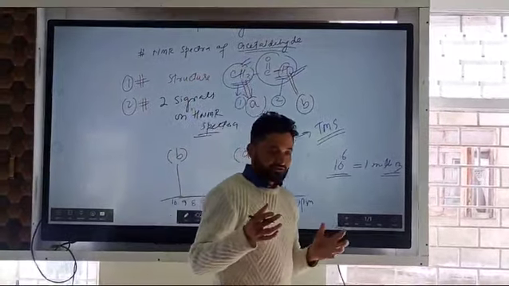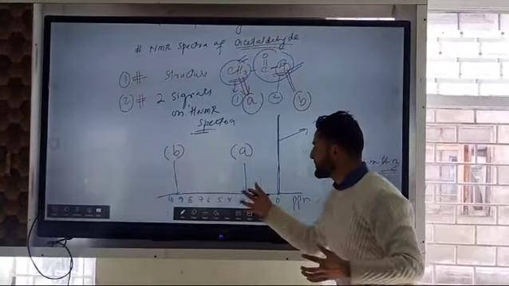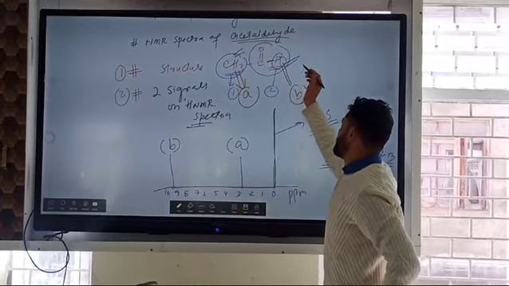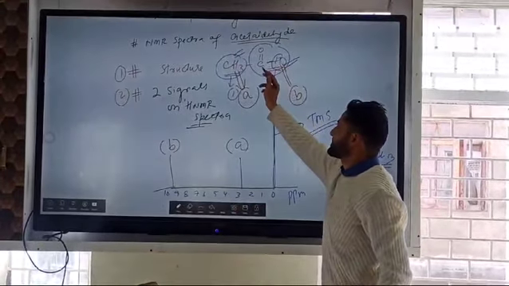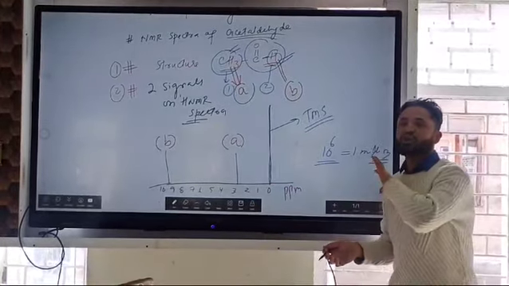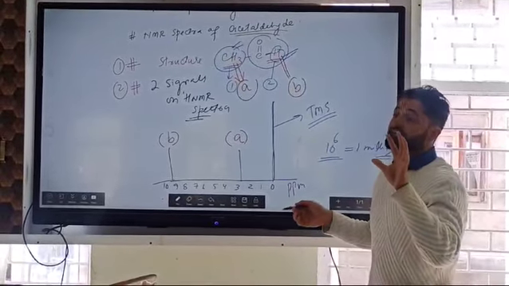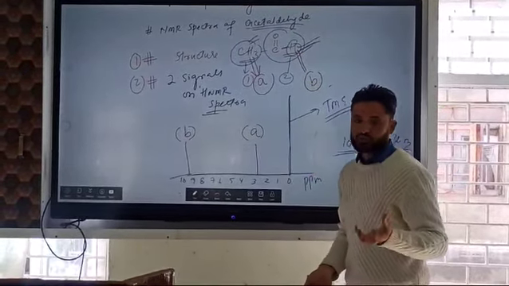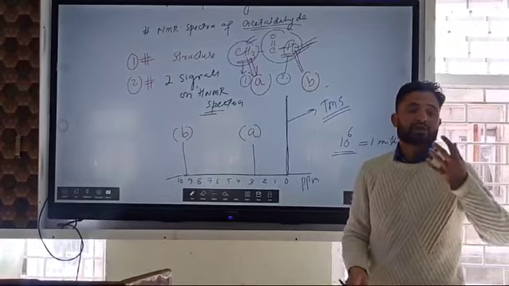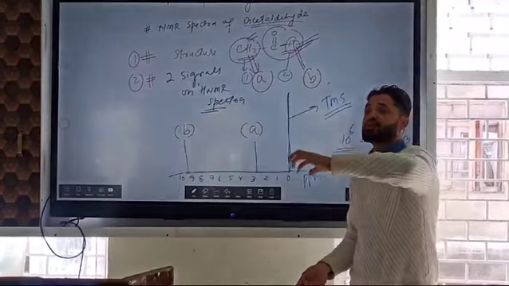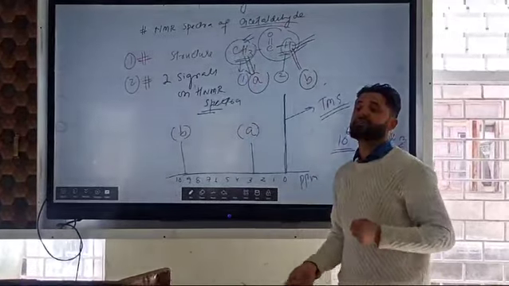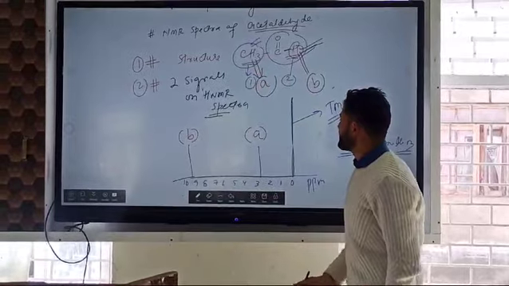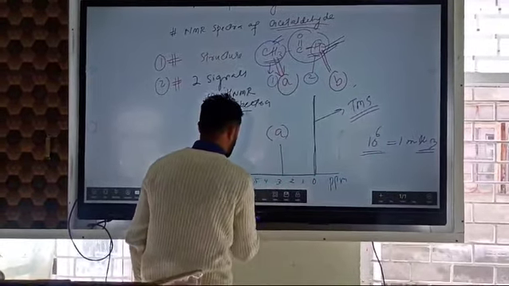So that is the reason for the big gap between the two peaks. It is only because this proton is directly attached to the electron withdrawing group, which draws all the electron density from the proton and leaves it as a naked proton. That naked proton feels the external magnetic field to a greater extent, so it resonates at a higher frequency than the proton which is attached to the methyl group, right? So now the second point is we